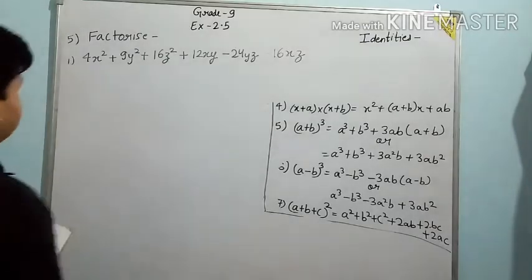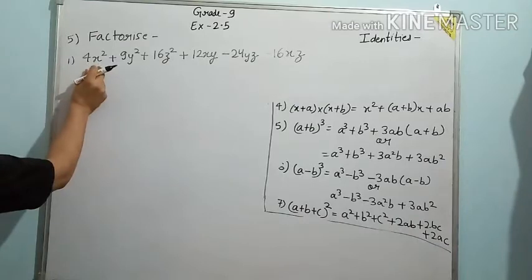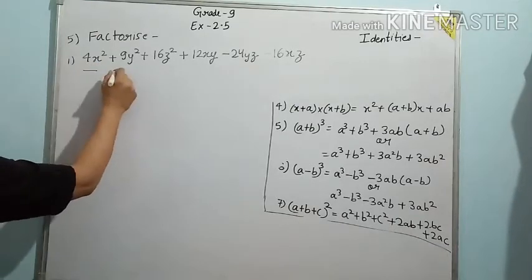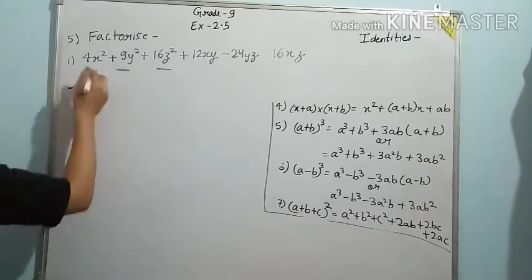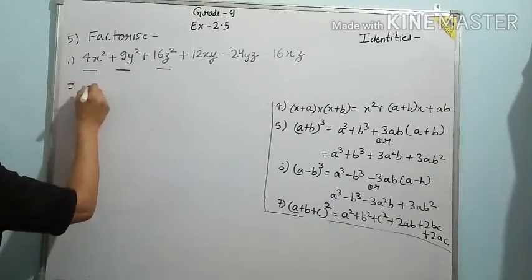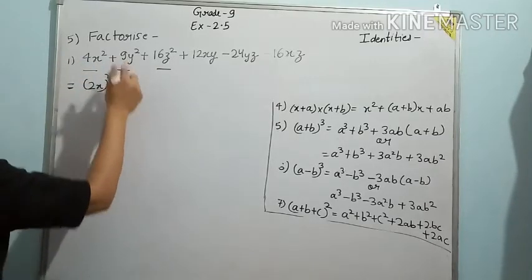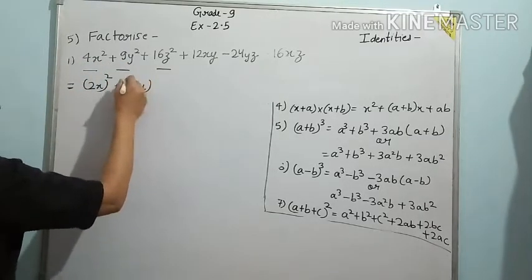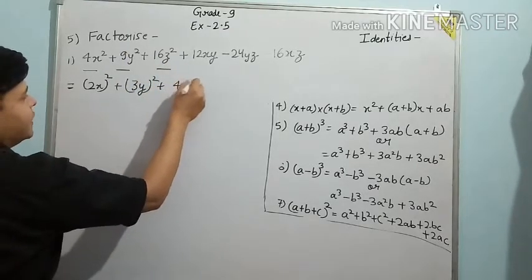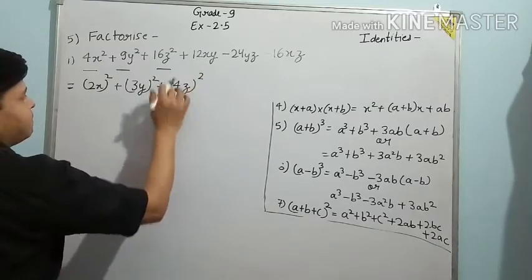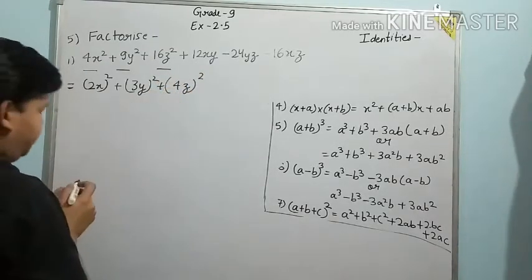So next is question number 5. So children, you can identify this as we have 3 squares here, square numbers 1, 2, 3, right? So let's write them. This one is square of 2x, this is square of 3y, similarly this is square of 4z. Now